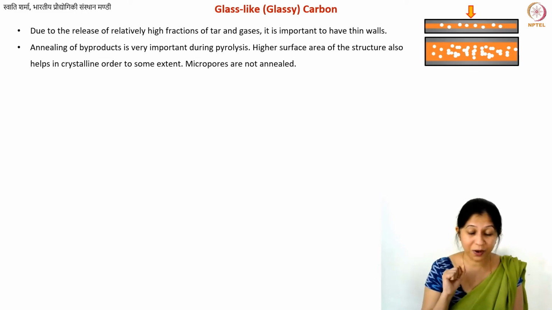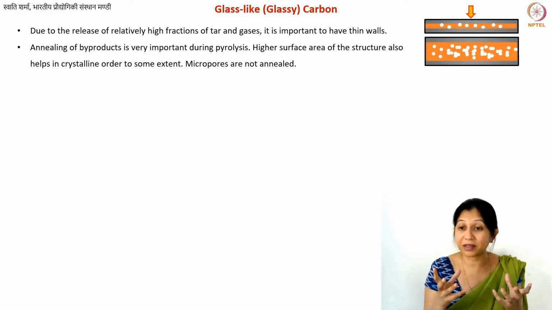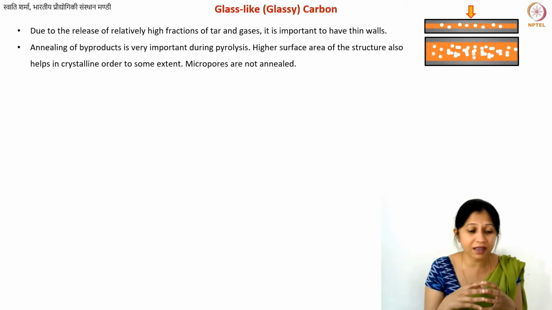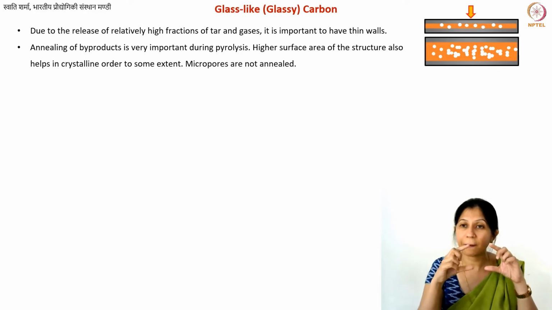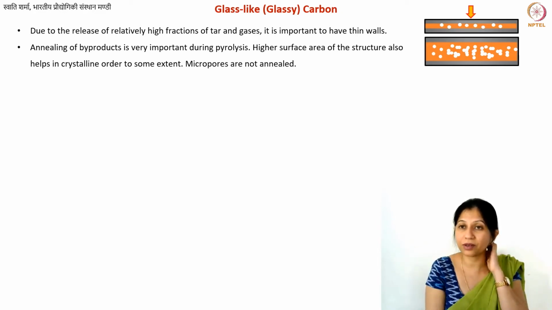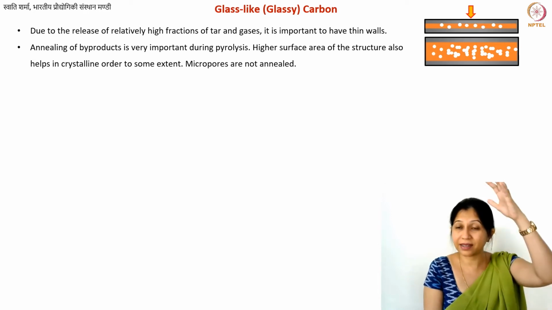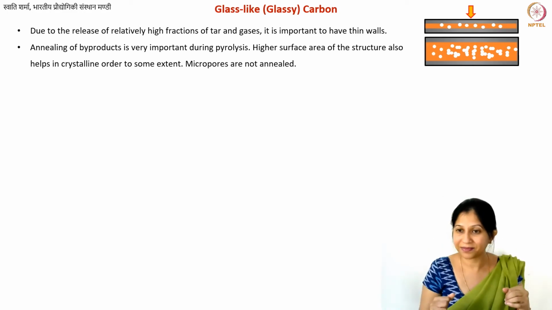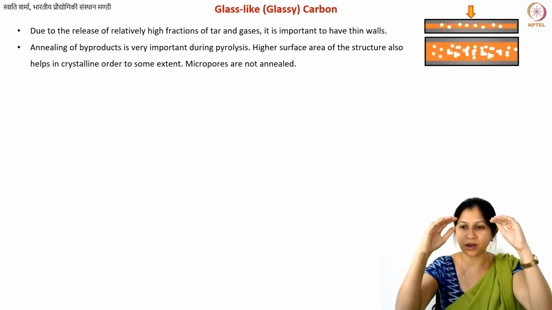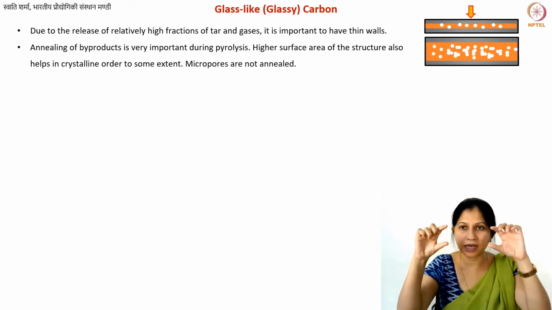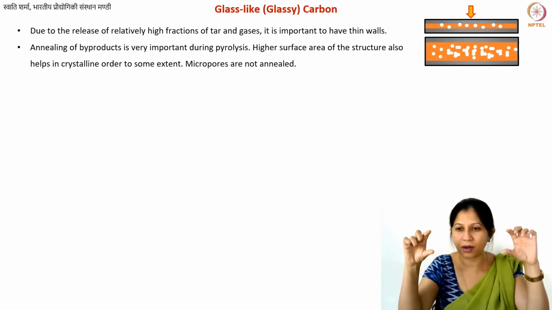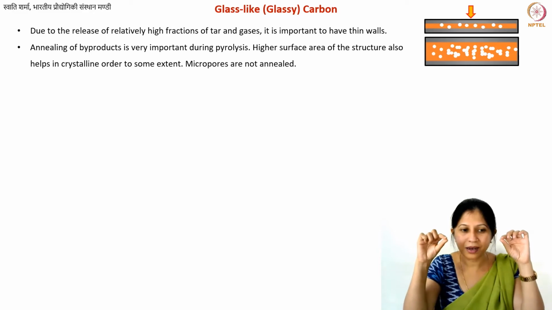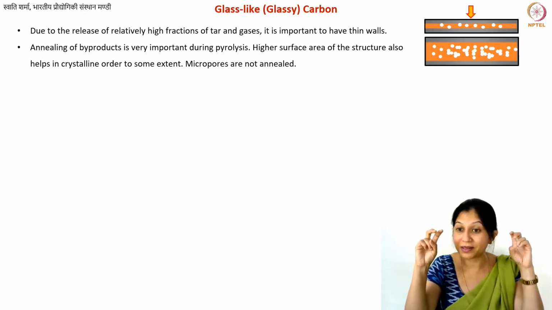If you have these byproducts, if you have bubbles of some sort coming out of your materials, these bubbles will cause porosity. So if your structure is too thick, then what you're going to have is what you see here. The arrow in this image shows the environment that is heated. So you have the heat from the top and the heat from the bottom. You see the gray regions convert into carbon, but the middle part still remains less carbonized, and it also contains a lot of bubbles.